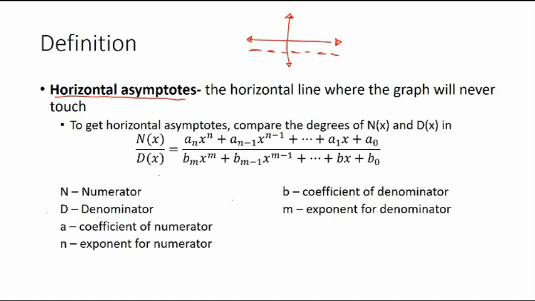Same together with d of x, where n stands for the numerator, d stands for the denominator, a is the coefficient of the numerator, n is the exponent of the numerator, b is the coefficient of the denominator, and m is the exponent of the denominator. So, ito yung general form